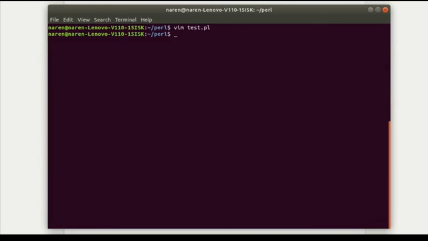That's it. After that we need to run it. We use perl in front of the file name. Here it prints: Knowledge Chip Perl programming tutorial. This is a print operation. Let me open it again and explain it. This is print Knowledge Chip Perl programming tutorial. This is the first print operation. It is very single line code, it is user friendly, and we can easily learn this language.